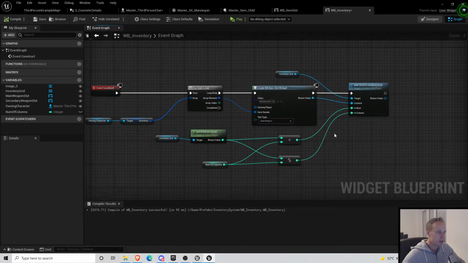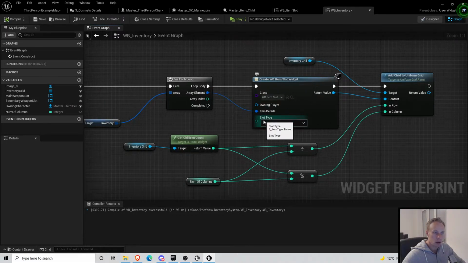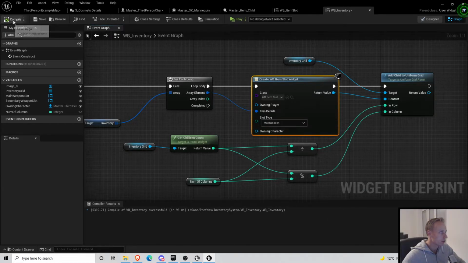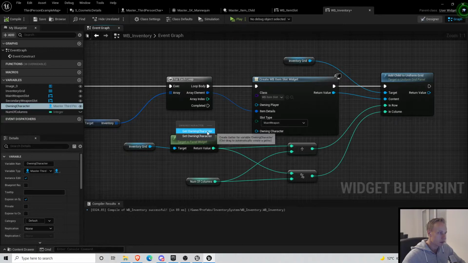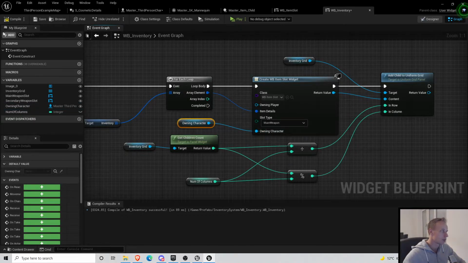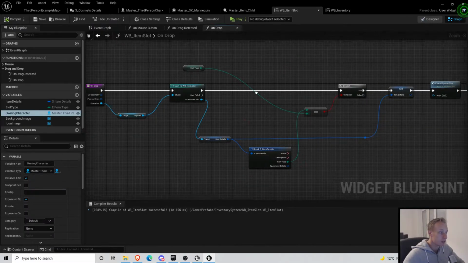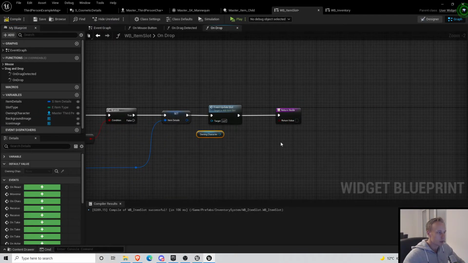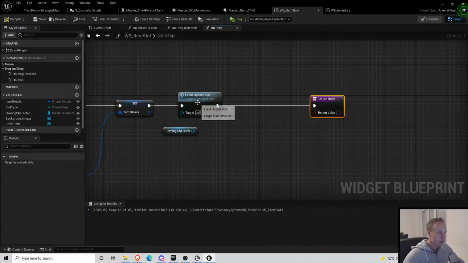Where is it? Here. Owning character. There we go. Set the owning character to the owning character of the inventory. Then in these item slots, whenever we update the slot or when we drop here,